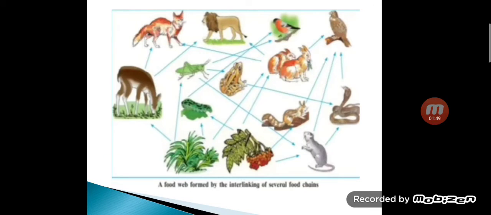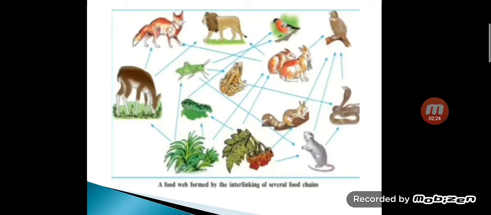Now observe the various food chains shown in this picture. You can see that grass is eaten by grasshopper, grass is also eaten by deer, grass is also eaten by rabbit. You can see the plant is also eaten by caterpillar. Fruits are eaten by squirrel. Fruits are also eaten by rat. Okay. Now over here grasshopper is eaten by frog and frog is eaten by snake. Snake can be eaten by a bird like eagle. So this forms one food chain.